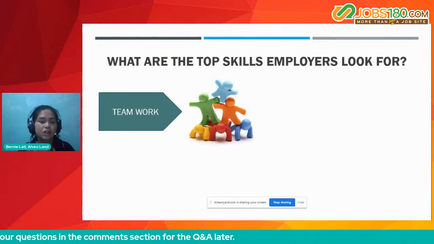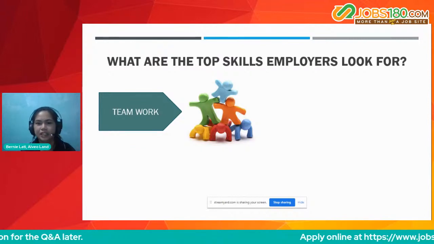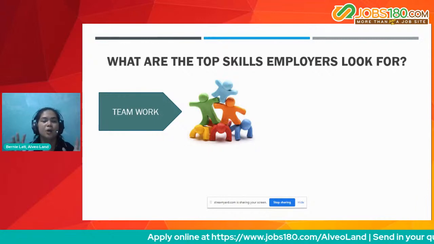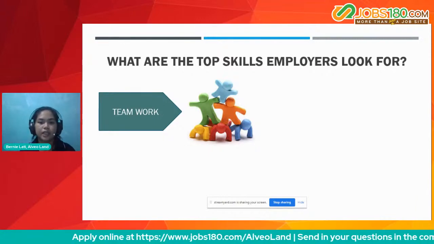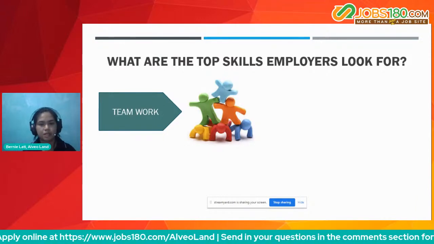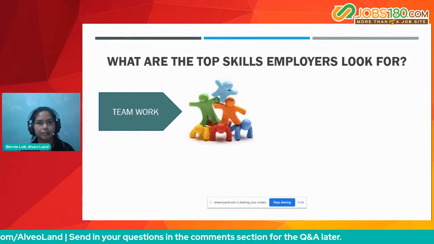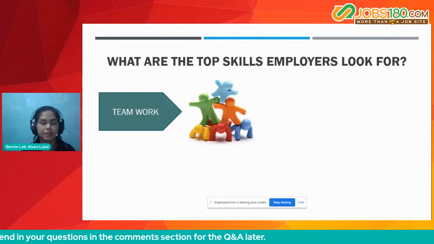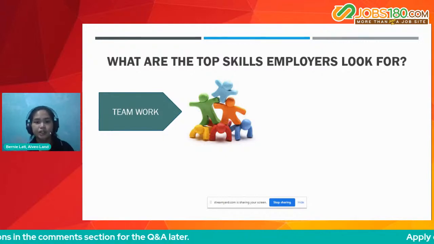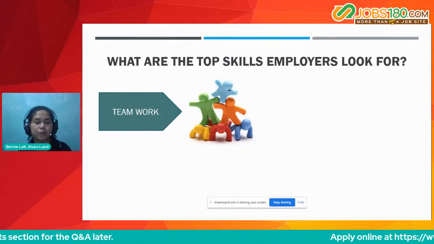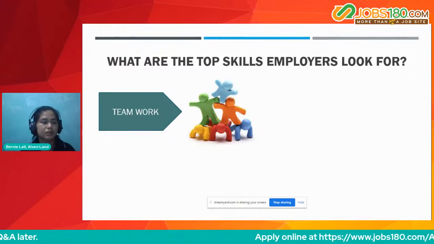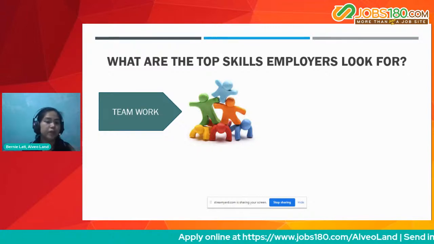Teamwork. So we've all been hearing about teamwork ever since high school or grade school until college, until ngayon, naghahanap tayo ng work, teamwork pa rin yung hinahanap. Whether you're applying for a role na it's an independent contractor, as I mentioned nga kanina, or the kind of job na mag-isa ka lang sa job, yung wala kang kasamang team, or you're applying for a role na you're gonna be working with the team, teamwork is equally important because one way or another,